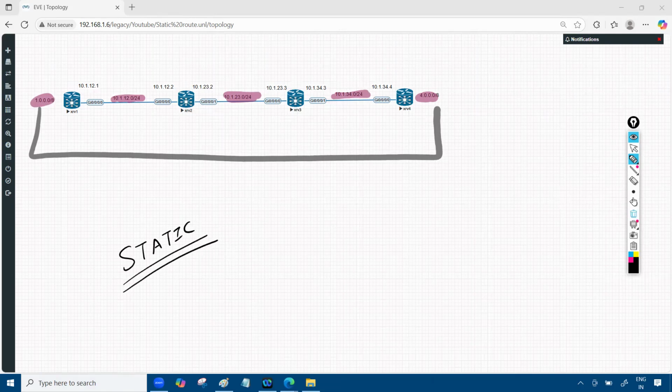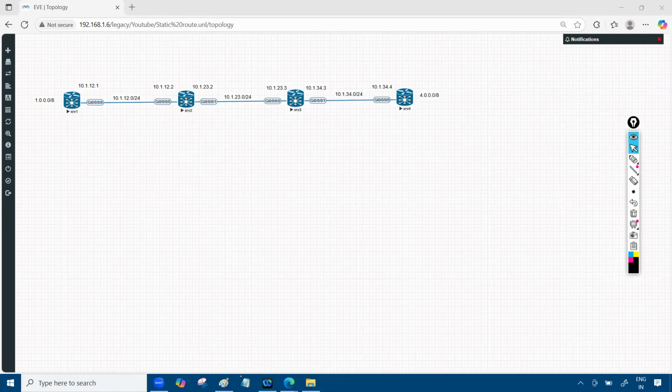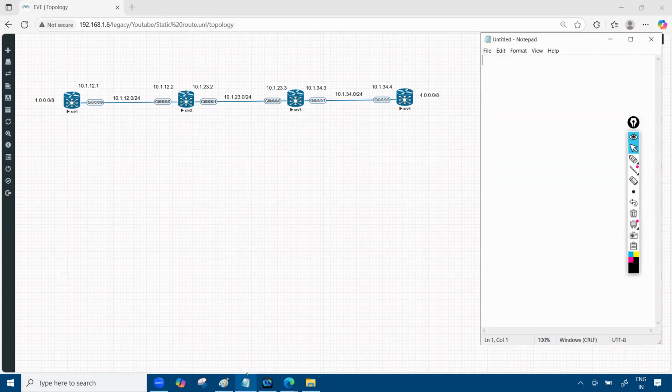So the first thing we have to do is configure the IP addresses. I'll just open the notepad and start my configuration for the IP addressing. On router number one, we need to configure interface gig 0/0/0 IP address 12.1/24. If you haven't watched my first video on how to configure the IP address on the IOS XR router, I suggest you watch it if you have no idea how to configure IP addressing. Now we have no shutdown.